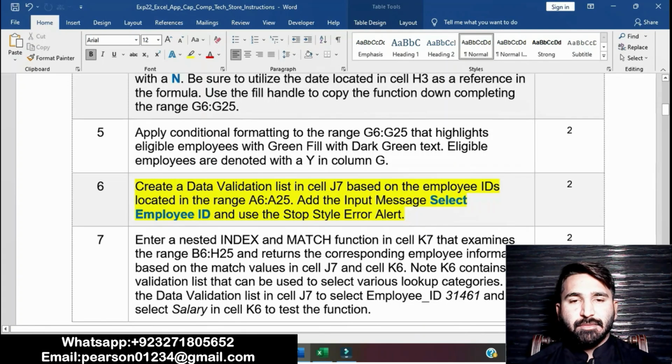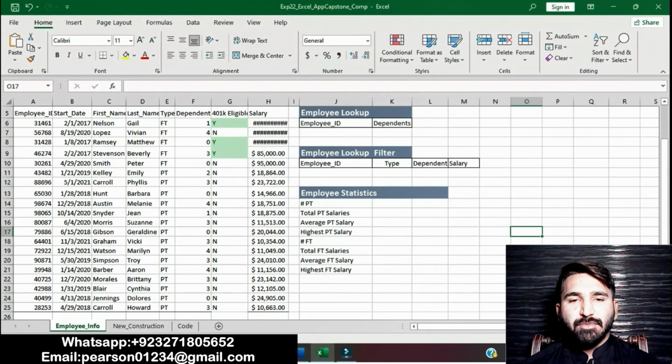First we create a data validation list in J7. Go to the Excel workbook, click on J7 and go to the Data tab.